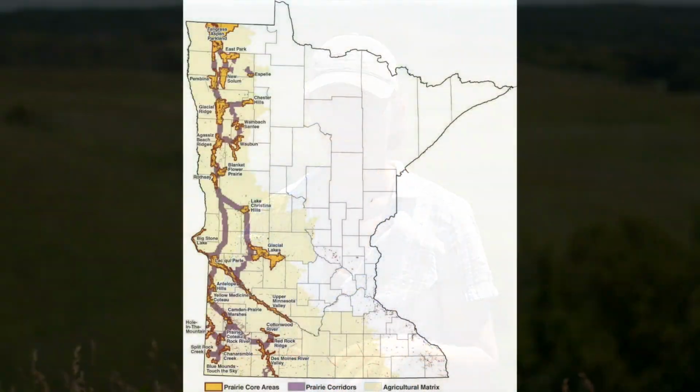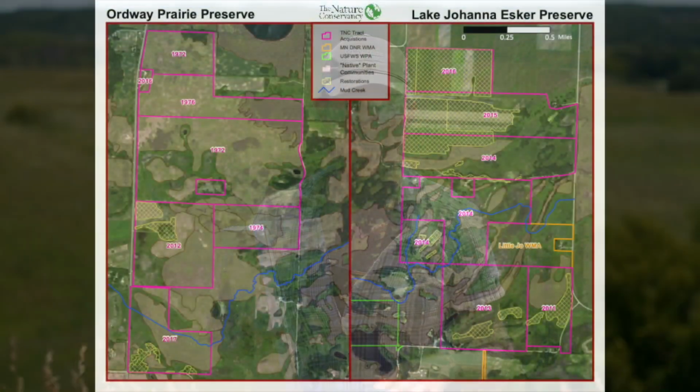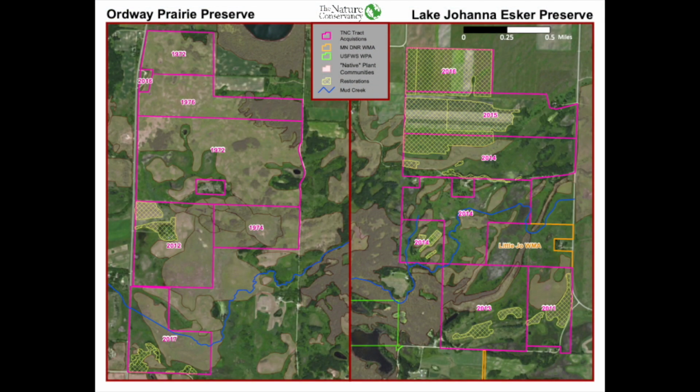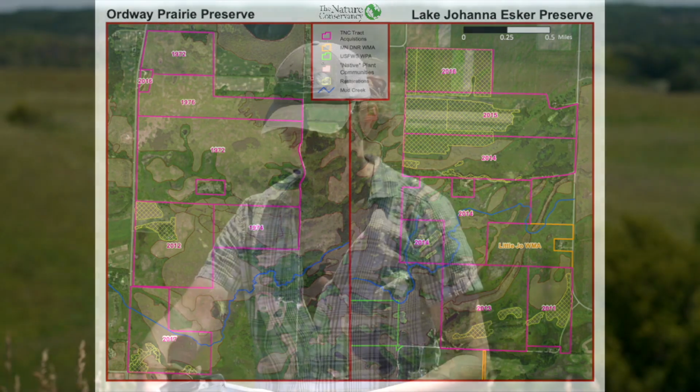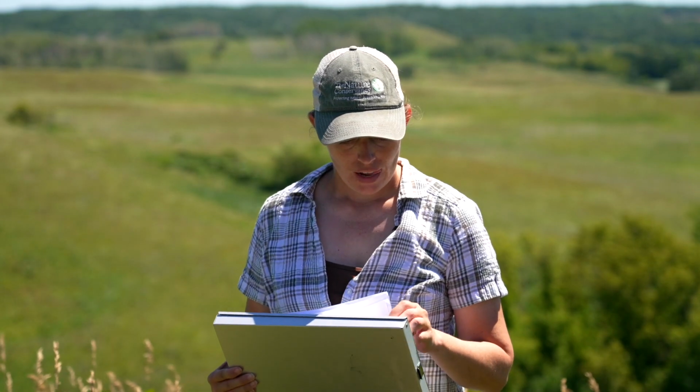Within the Minnesota Prairie Plan, we of course have the different prairie core areas. Where we're currently located is the Glacial Lakes Prairie Core. And this particular region that we're in, we kind of call the Ordway Glacial Lakes Prairie Core area. It's sort of the heart of the core, where we've got some of our best prairie and some of our best complexes of different properties around here. What I wanted to do was just highlight some of the work that we've been doing towards protection of the prairie around here, and some of the quite impressive achievements that we've been able to get